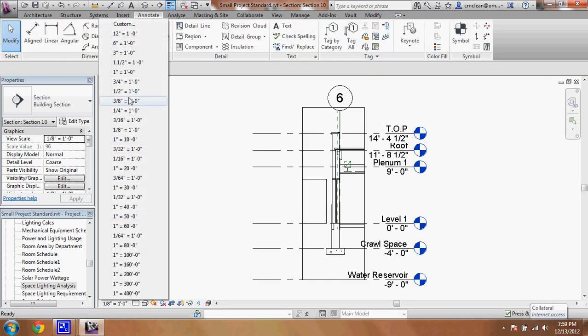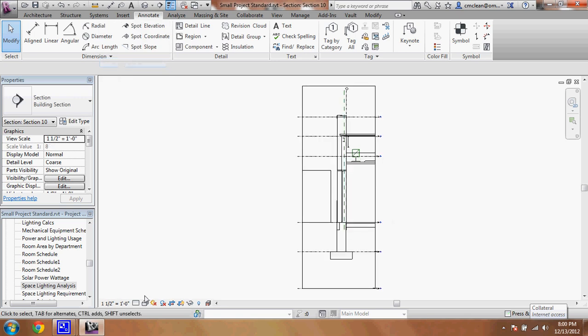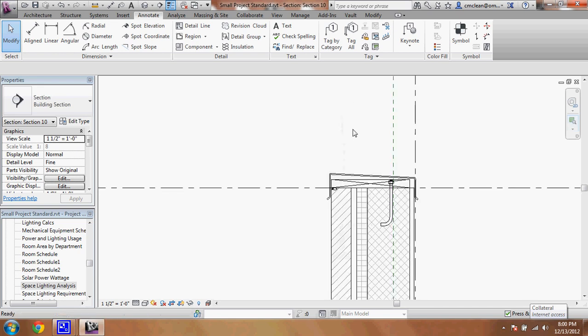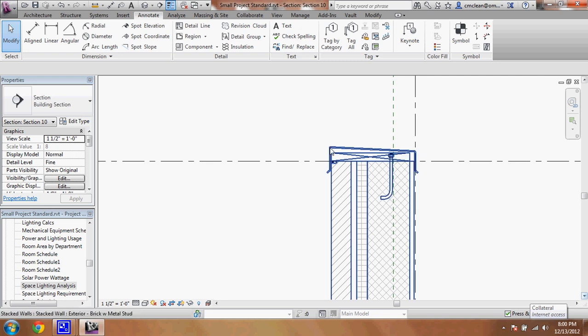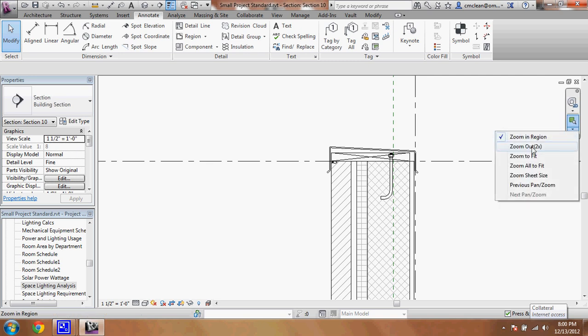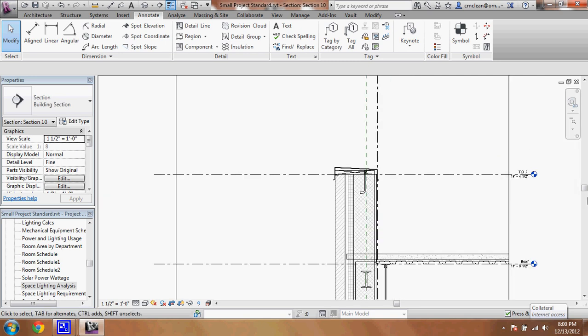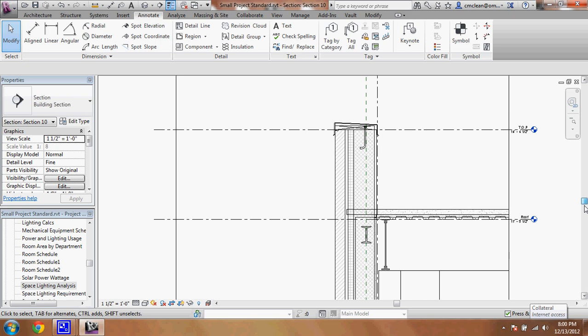I'm going to change the scale, show the detail, generator. I kind of placed it in there just to see how my calculations would work by using different components, but as you can see, this template is already detailed, so I don't have to do anything but just add notes to this, or keynote. Just right out of the box,